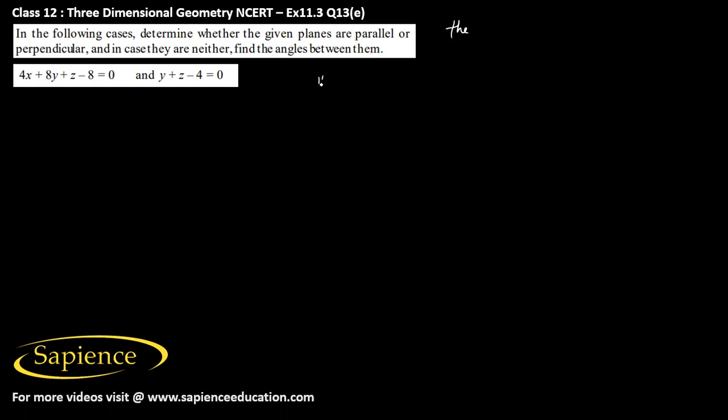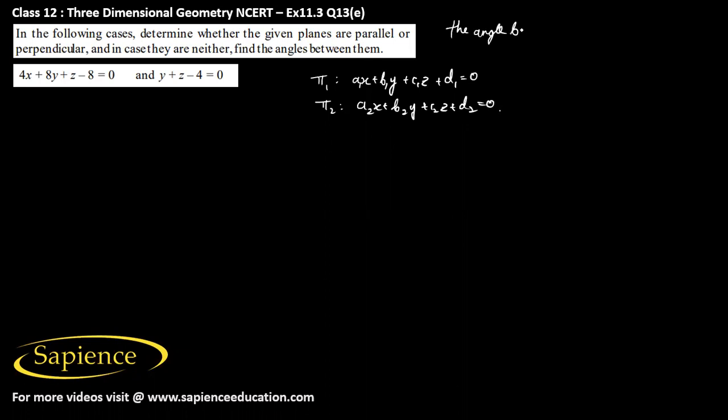Suppose the equation of the plane pi1 is given as a1x plus b1y plus c1z plus d1 that is equal to 0. And the plane pi2 equation is given as a2x plus b2y plus c2z plus d2 that is equal to 0. Then